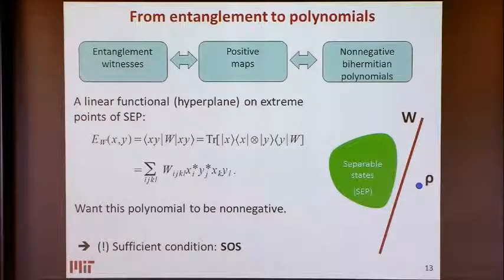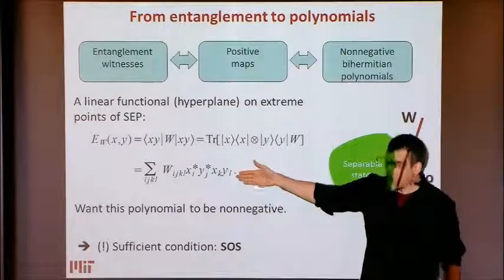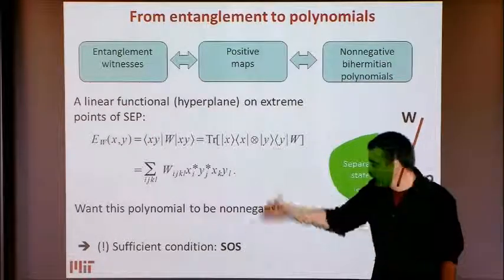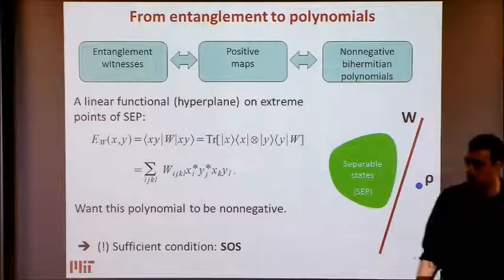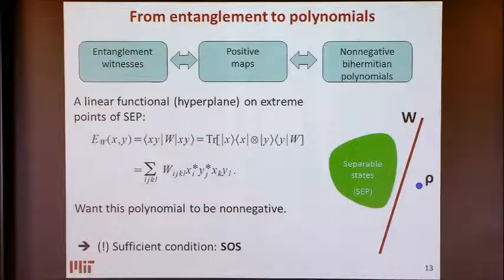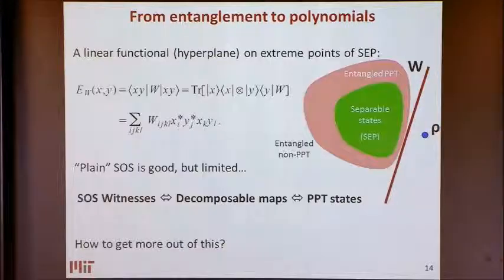Of course, at this point, I'm setting you up. We cannot do this. This is non-negativity. What we're going to do is write the sum of squares condition on this. And again, don't worry about complex versus real. I mean, we have sum of Hermitian squares, same stuff. Right? So what happens if we do that? Is this clear? Questions? Good. So what happens if we do this?